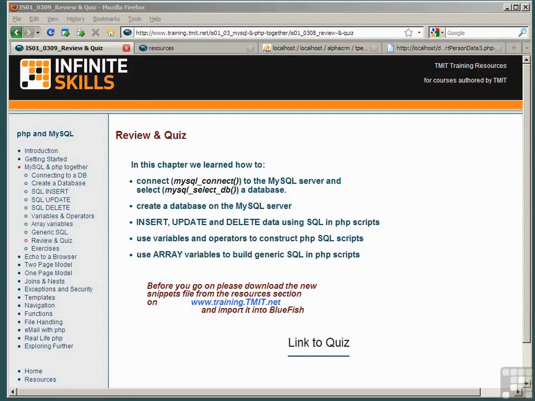In this chapter, we learned how to connect to the MySQL server and select a database. We learned how to create a database on the MySQL server, and then we learned how to insert records into a table, update records in a table, and delete records from a table using SQL in PHP scripts. We used variables and operators to construct PHP SQL scripts, and we used array variables to build generic SQL inside